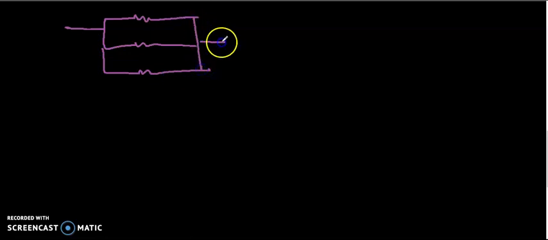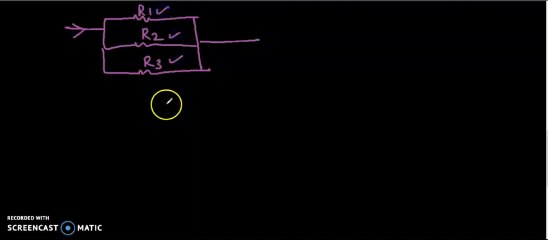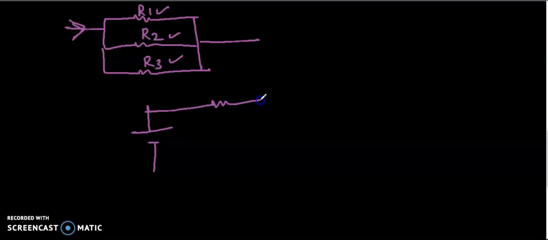So, if we have a circuit like this and we have the current flowing in this branch and we have 3 resistors R1, R2, R3, then we can easily find the current in this branch and this branch or anywhere else, and this is the purpose of the current division rule. If we have a voltage source, that is, we have the current through 2 ohm and we have a circuit like this.